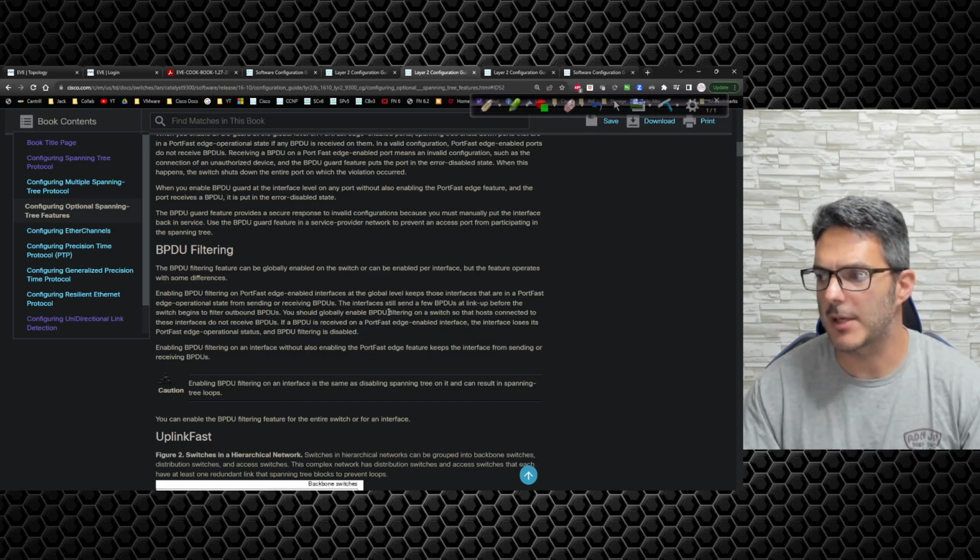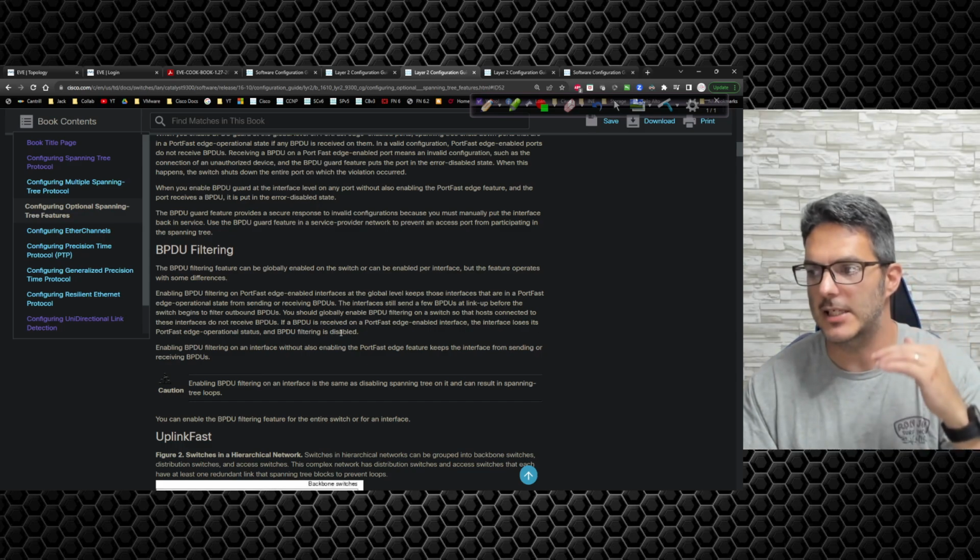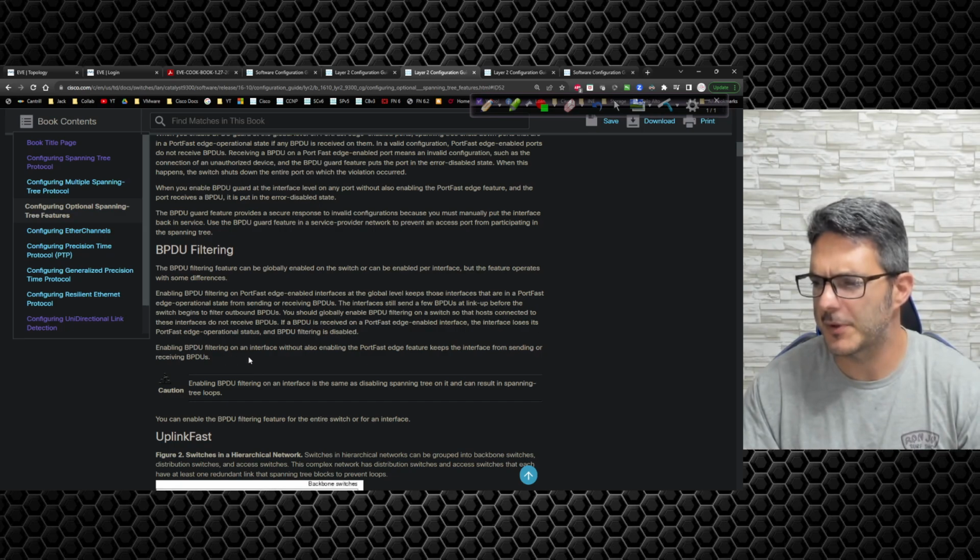You should globally enable this filtering on a switch that hosts connected to these interfaces do not receive BPDUs. If a BPDU is received on a port-fast enabled interface, the interface loses its port-fast edge operational status, and BPDU filtering is disabled. So it doesn't take the interface down. It says enabling BPDU filter on an interface without also enabling port-fast keeps the interface from sending or receiving